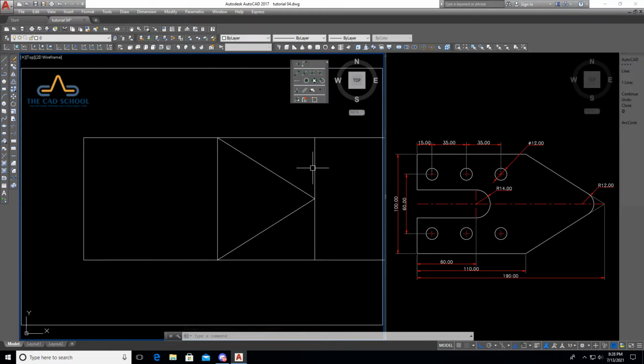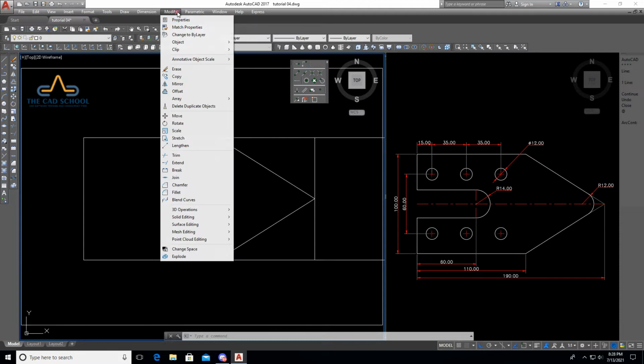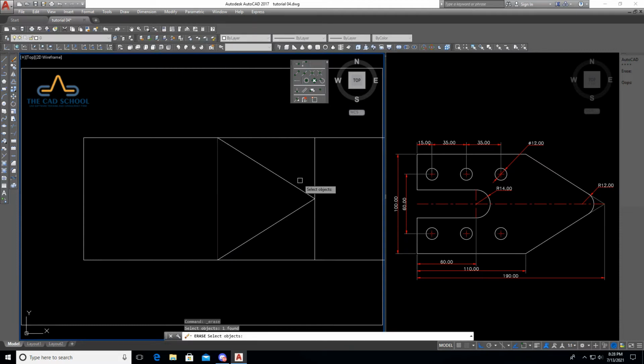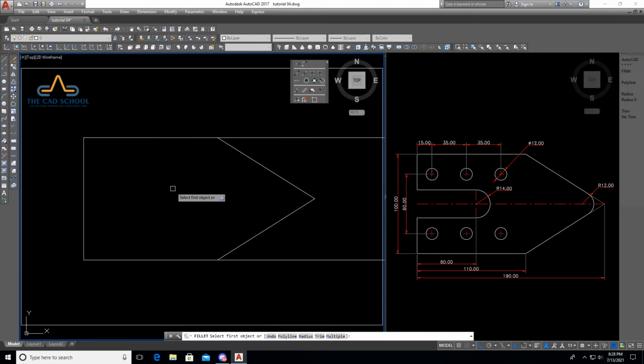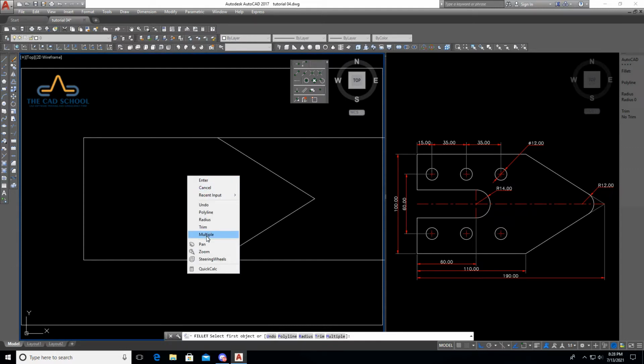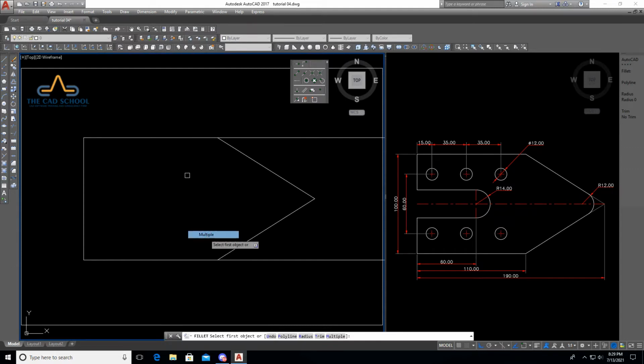Now to remove these lines I will be using erase. Then to create sharp corners at both the ends, select fillet, radius 0, multiple times.